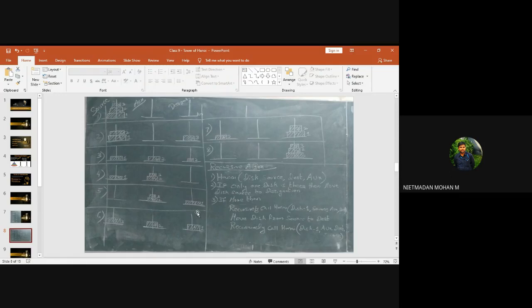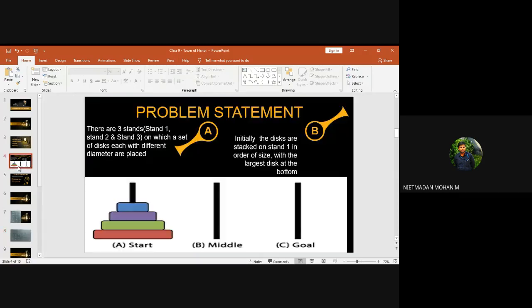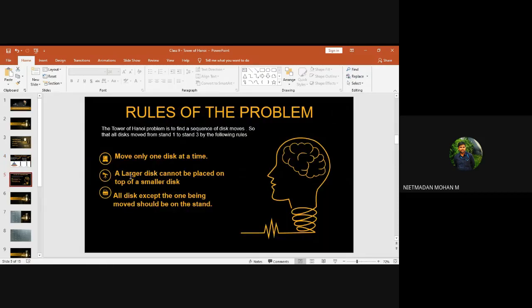So you need not worry about disk number 1. And here we want disk number 2 on top of disk number 1. So I am moving disk number 3 to the source and taking this 2 and putting it on top of disk number 1. And in the final step, I am directly moving disk number 3 on top of disk number 2. So all these disks will come over here in the same order by following this set of rules.